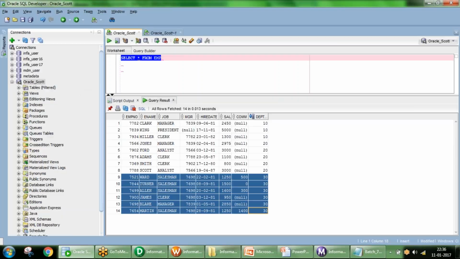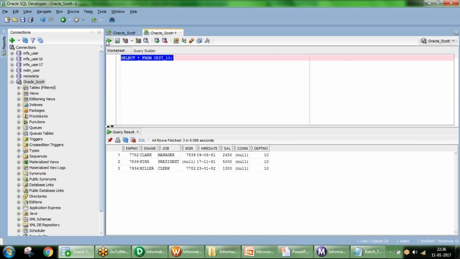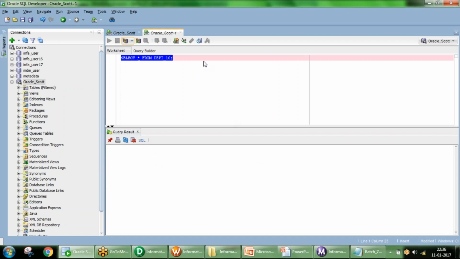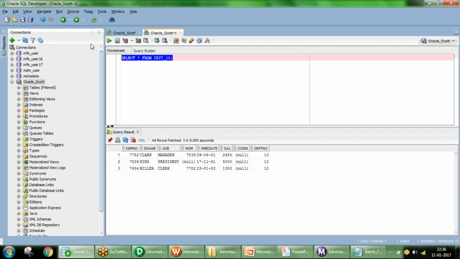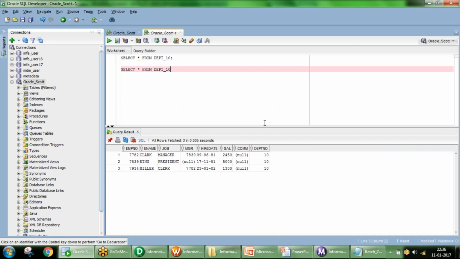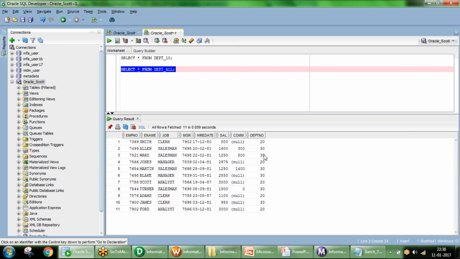If you want, go and check your target table. DEPT 10 is loaded with 3 records. Coming to DEPT underscore all, it is loaded with 11 records, not equal to 10. You can see 20 and 30 records both got loaded into the second table.